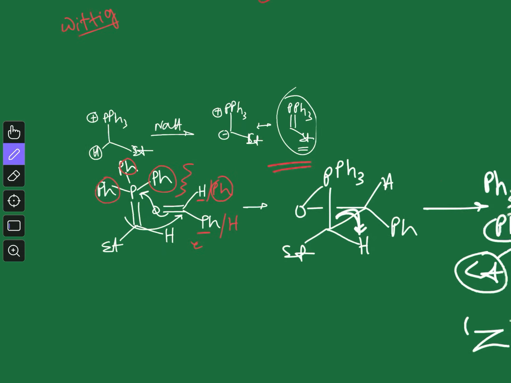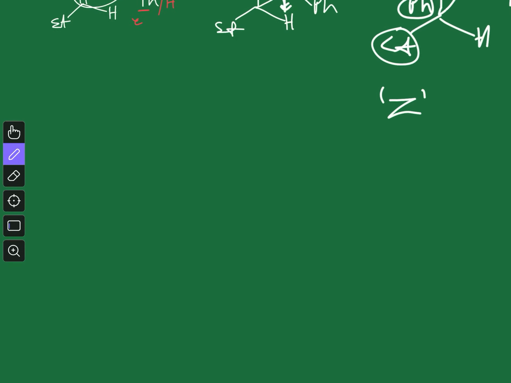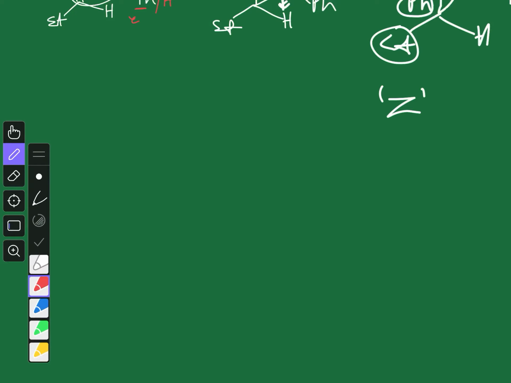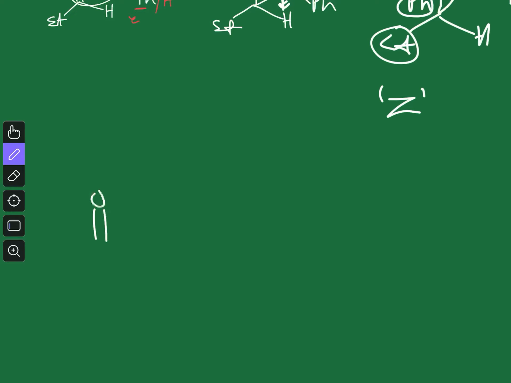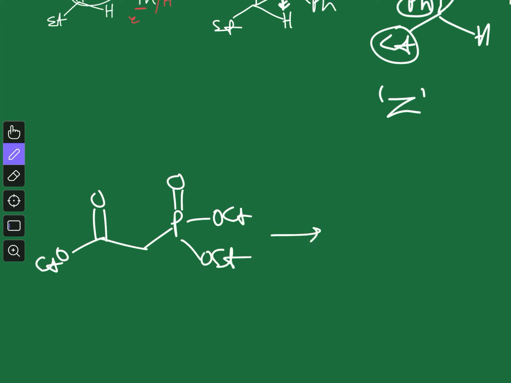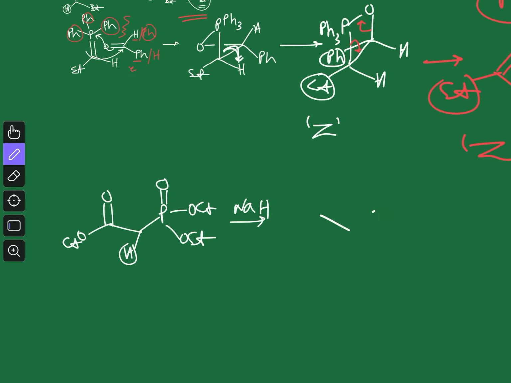Now let us see how we get the E alkene from stable ylide. So similarly we will draw the oxaphosphetane first. For that, let's say we take this ylide. So in this case we have this ester substituted ylide, and here you have this PPh3 and OEt. Now this compound, if you treat with sodium hydride, again it will take proton from here, and that will actually produce negative charge, and now this OEt.